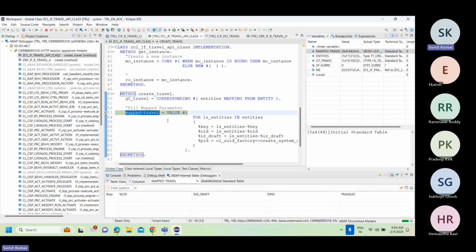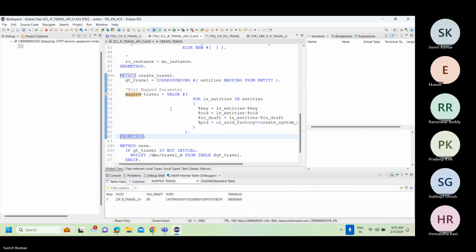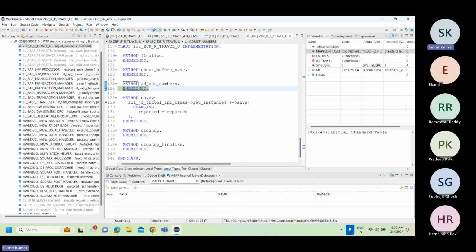Now, if I say this particular travel table is going to get populated, currently it's empty. If I press F6, you will see it will be populated with the CID as draft, the GUID that we generated, and travel ID, which is empty right now. So we populated this into a map parameter, and my map has one record like this. I'll execute this again. This time, if I go over here to this GT travel,